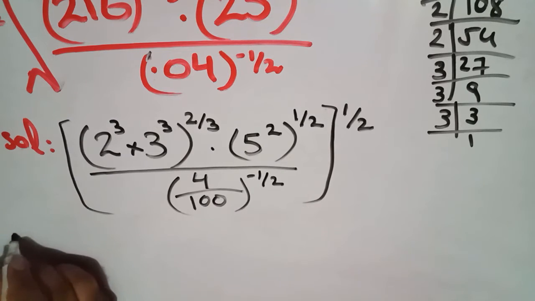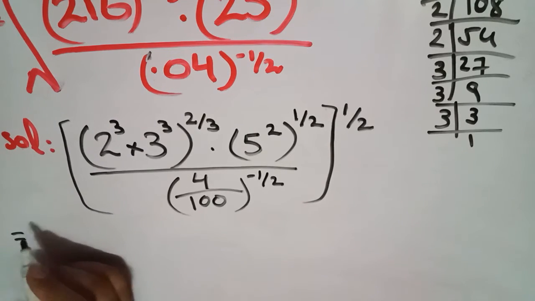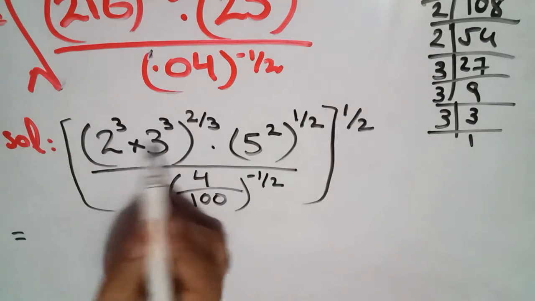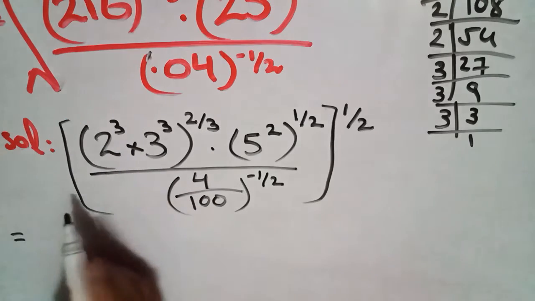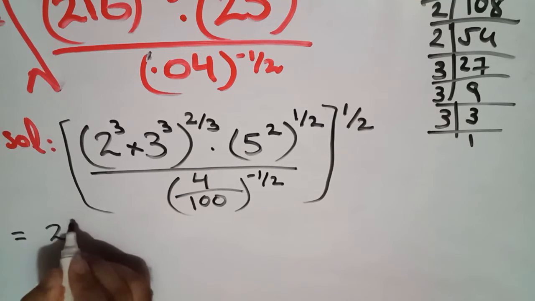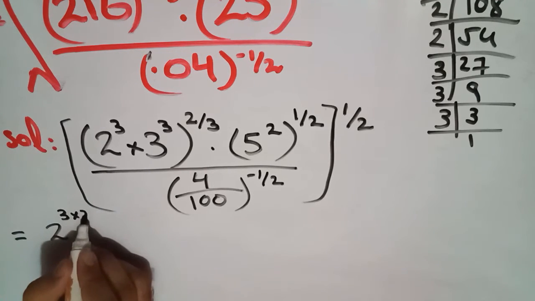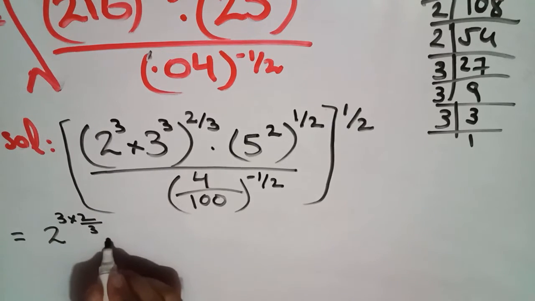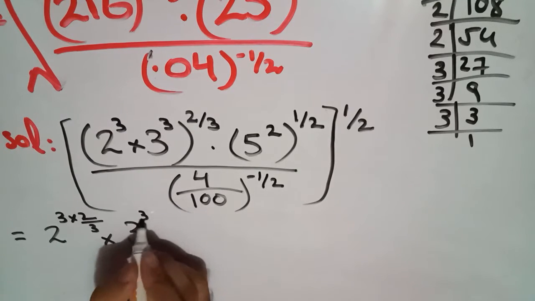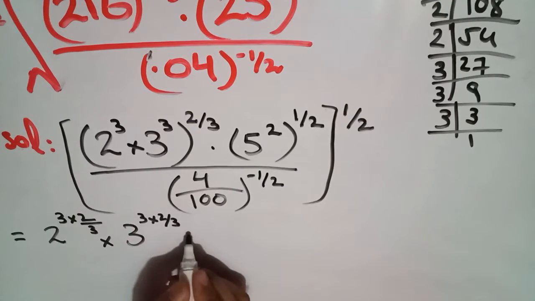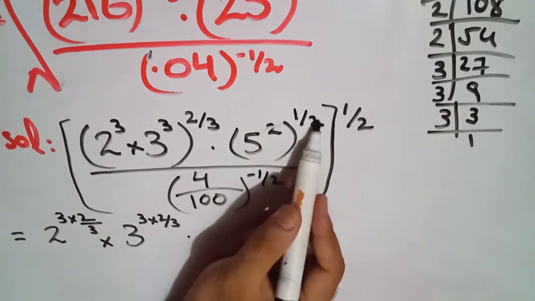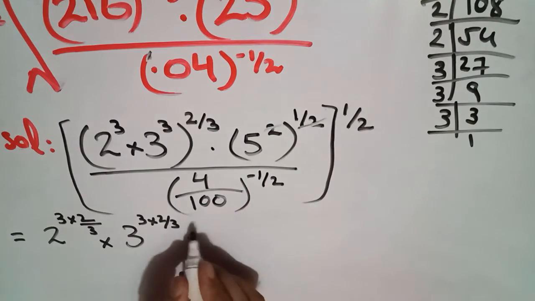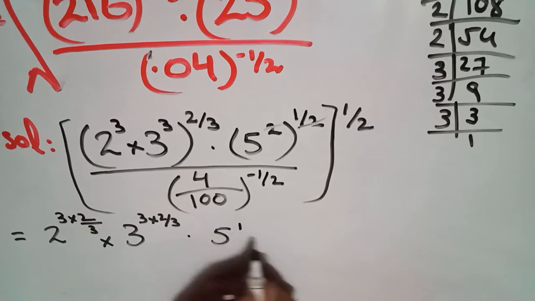And in the next step we will write here is equal to. This is the power for both the numbers, so this power will multiply with both these powers. You can write 2 raised to power 3 multiplied by 2 by 3, multiplied by 3 raised to power 3 multiplied by 2 by 3. So this power will be cut with this one. By cutting, there will remain 5 raised to power 1